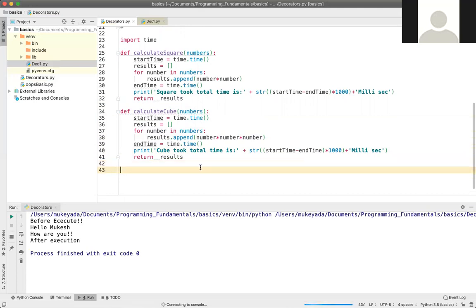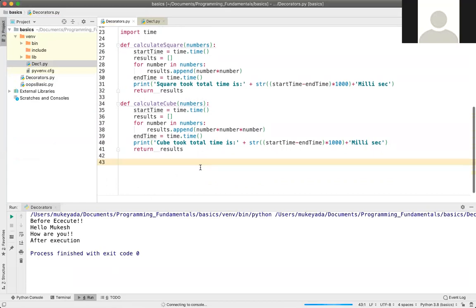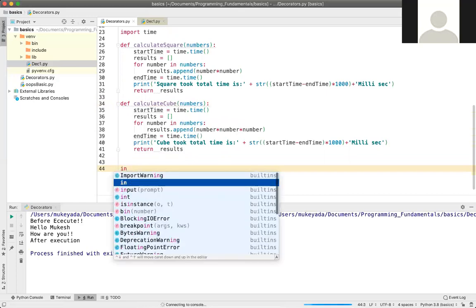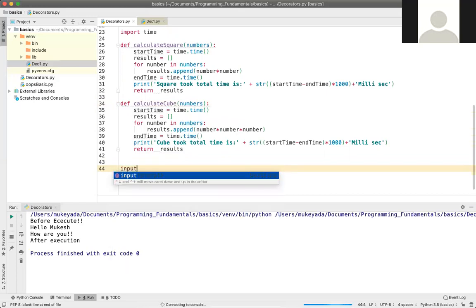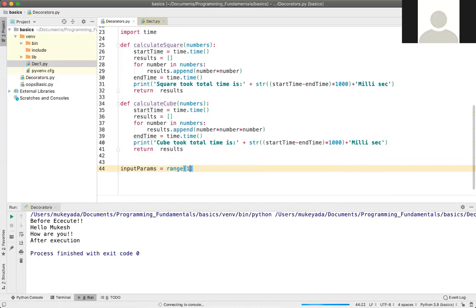Now I need to provide some numbers. So let me say input params equals to, if you are aware of the range function in Python, it will generate some numbers. So let me write for 1 to 10,000.